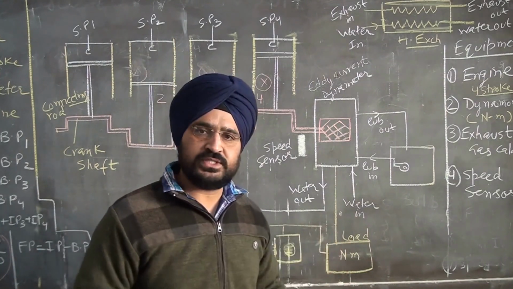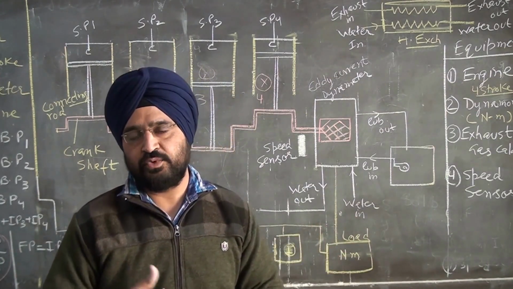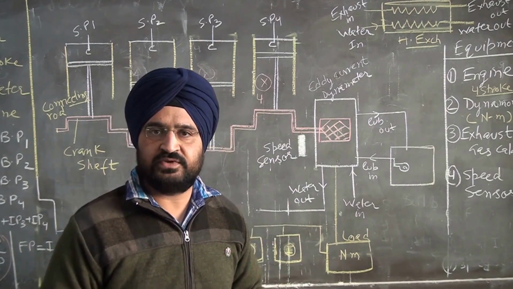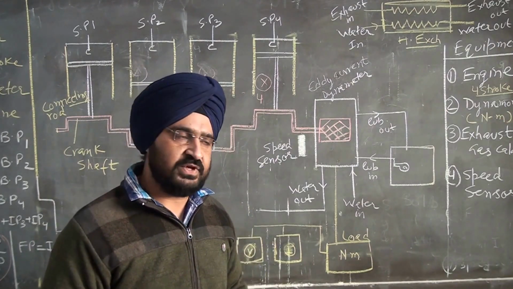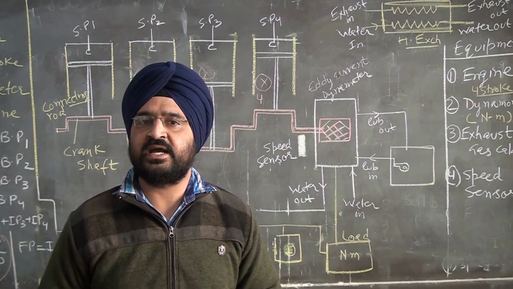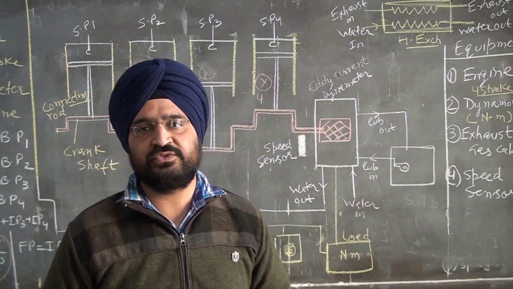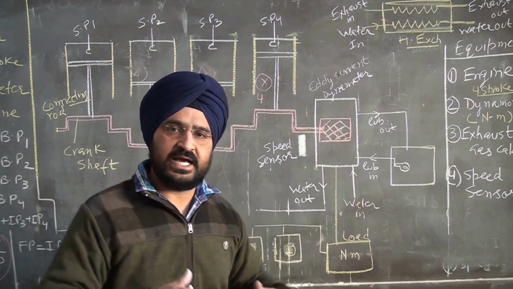From the source, for the cooling, because heat is generated: we are opposing the motion of the rotor with the help of the stator, with the help of some force. Hence some heat will be generated, and when the heat is generated we have to cool this system. That cooling is done with the help of water, externally.